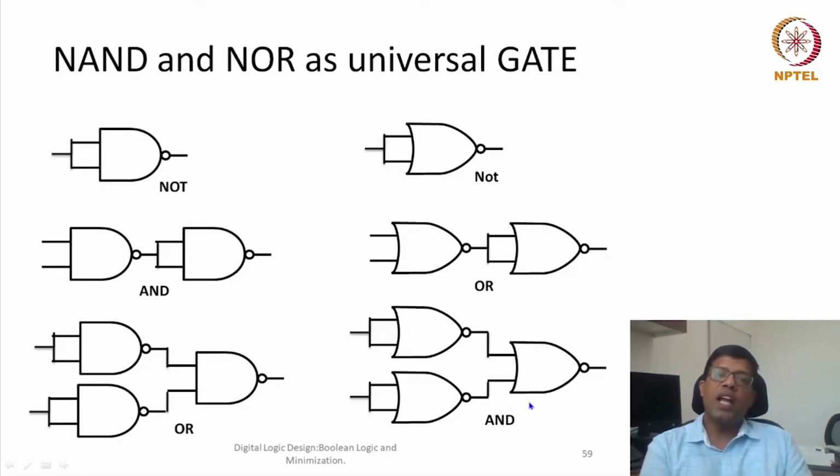So this way, these NAND and NOR gates can act like universal gates and can be used to construct almost any Boolean logic or any digital logic. So does it have any application? Yes, initially when people figured out that NAND gates can be used like a universal gate,